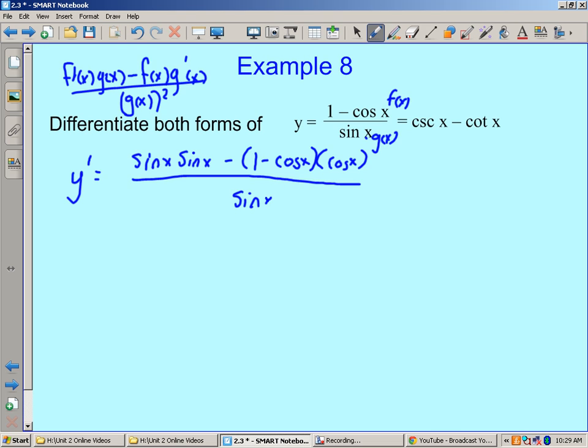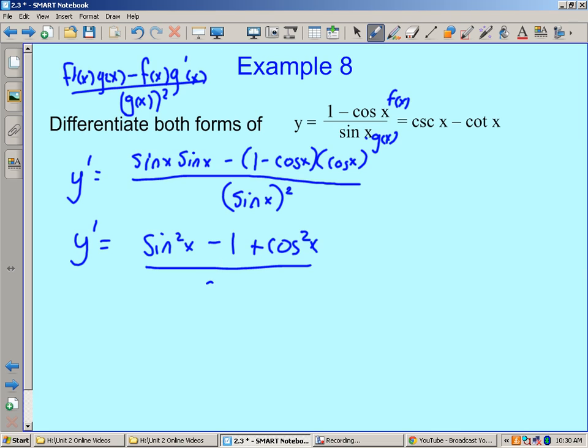Now, I don't have to write parentheses and put the square out there. I could put the little 2 between the sine and the x, and that's what I'll do on my next one. But I'm going to do a little bit of simplification, so I get sine squared x minus 1 plus cosine squared x. And then on the bottom down here, I have sine x, sine squared x. Now, I cannot cancel out sine squared x top and bottom like that, because that just becomes poor math when we do this. And what you'll notice, though, is that we have one of our Pythagorean identities, sine squared x